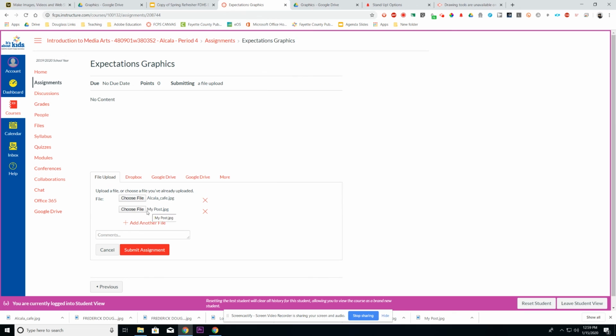See how it saves it automatically as my post. Please rename it with your name. Otherwise, I'll have a whole class full of images called my post, and it'll make grading a little bit harder. So anyway, rename the image with your name in Spark, and then upload it over here with the file upload. Hit submit,